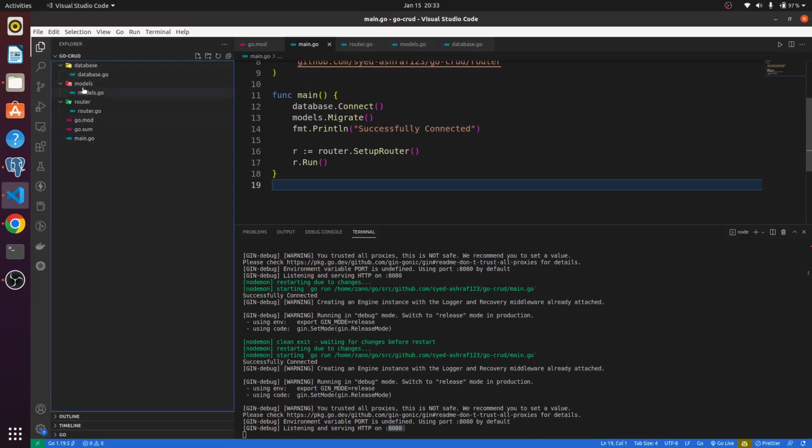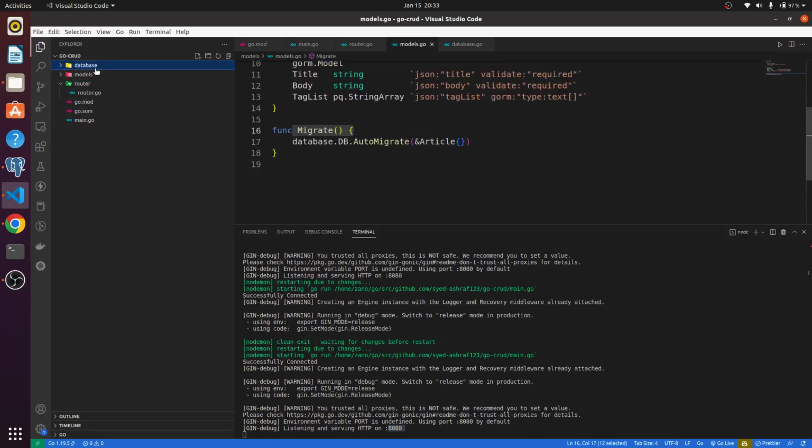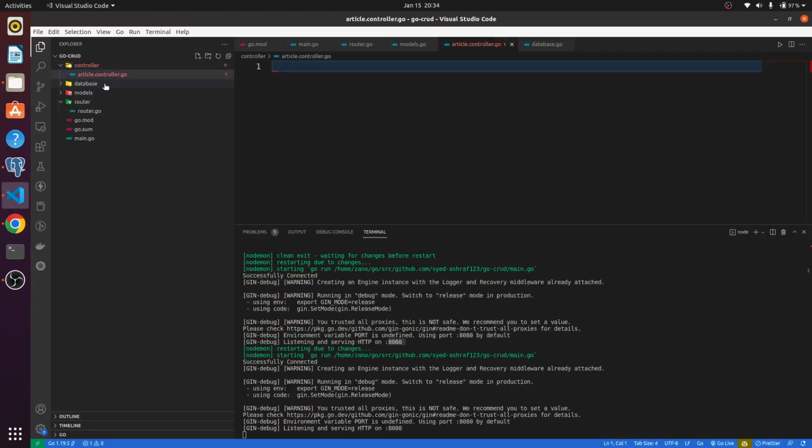Now I think models is done, database is done, router is done. Now we'll set up a folder called controller. Okay, so it will be pure MVC pattern, however you want. Now in the controller, I'll make a new file, I'll call it article.controller.go. Okay, and we'll say package controller,